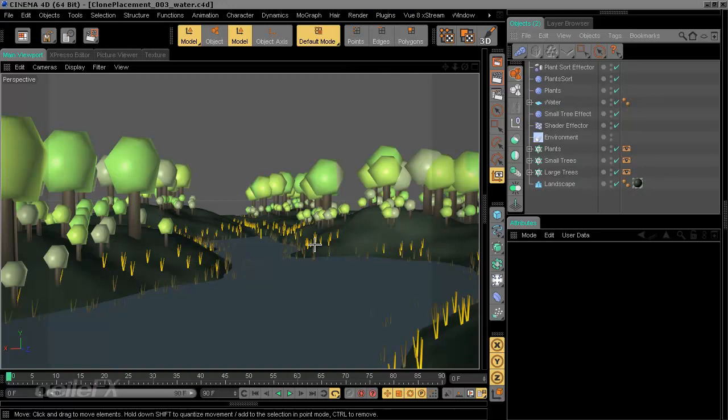Expanding on the previous scene that's just being worked on, so starting with clone placement underscore 003 underscore water, what we're going to do is take a look at an animated effect where we're going to grow all of these plants starting from one end of the terrain to the other. So in other words, there being no plants whatsoever in the scene, no clones, and then starting from one end,